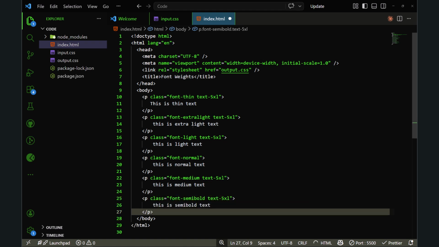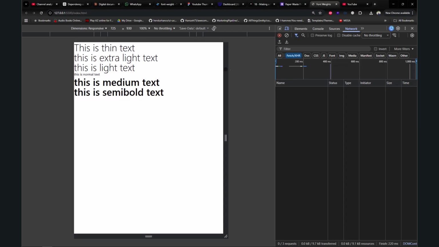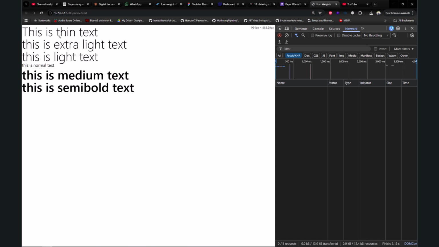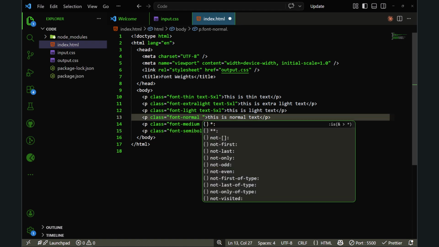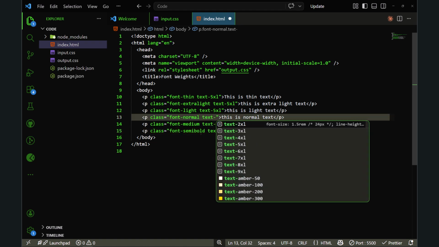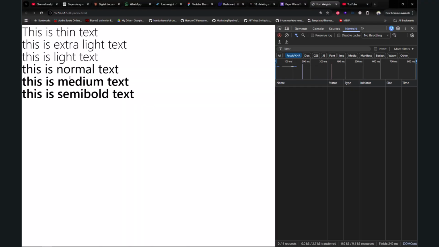So let's save this file and let's see the output in the browser. So you can see we have this is the thin text, this is extra light, this is light, and this is normal. Okay, so we did not use text-5xl in normal. So let's use text-5xl. So you can see this is the normal text, this is the medium, this is semi bold, and you can